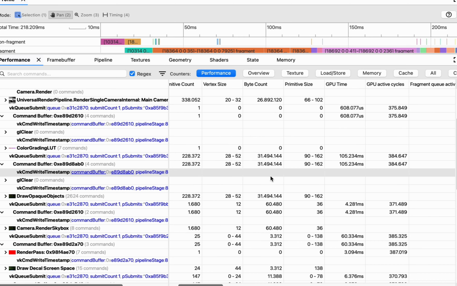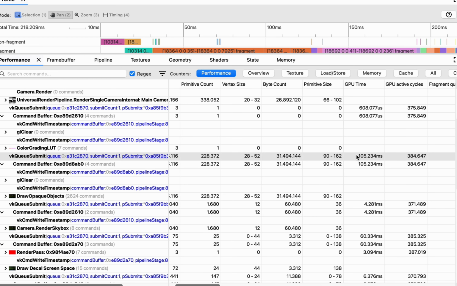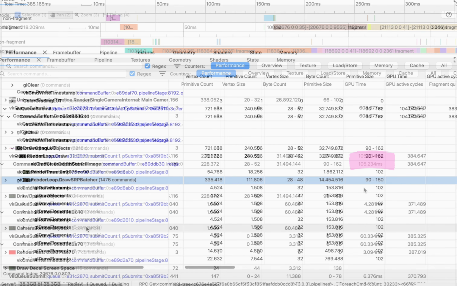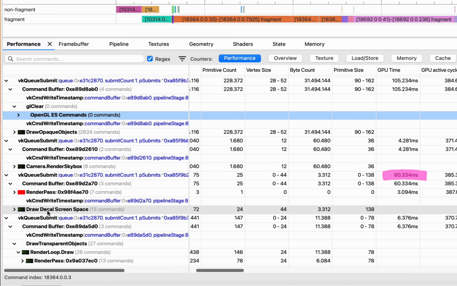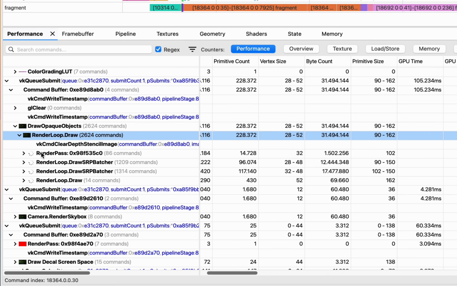I quickly noticed that my render loop was very expensive, on the order of 100 milliseconds. I also saw that the game was issuing a massive number of draw element calls. Maybe that was the issue. Furthermore, my decals were also a bit of a time sink. At this point, I wasn't sure why the render loop was so expensive, but that large number of draw calls